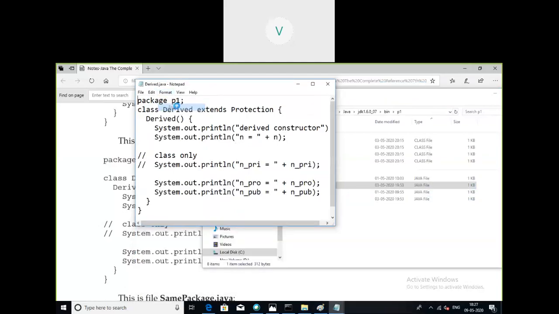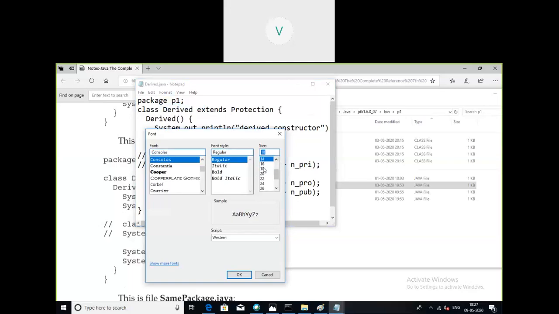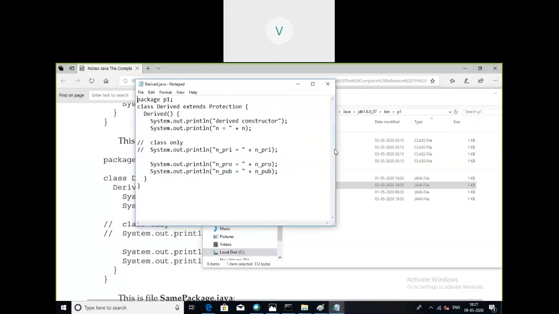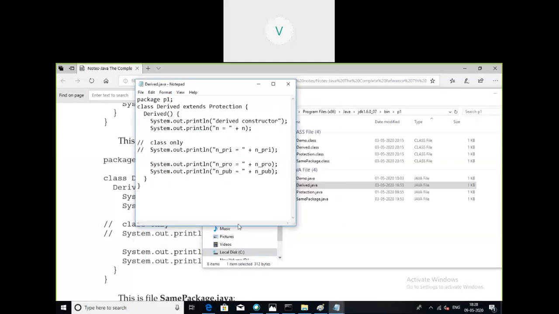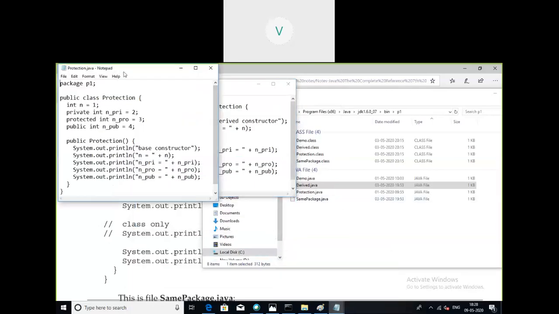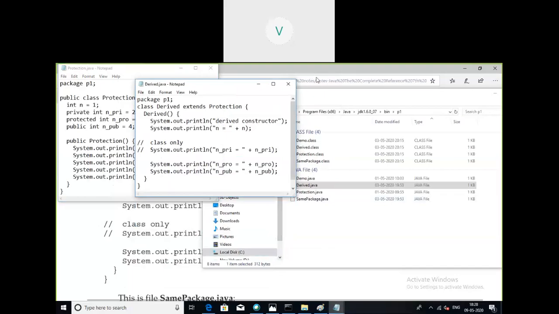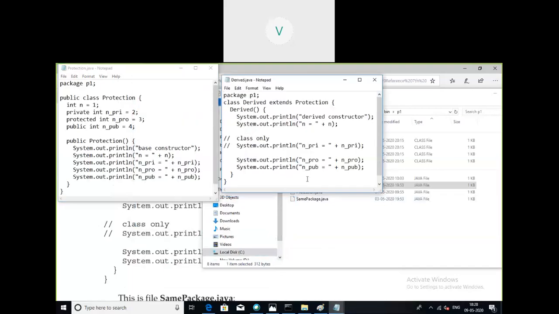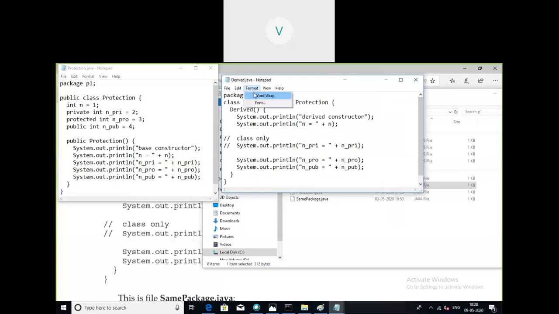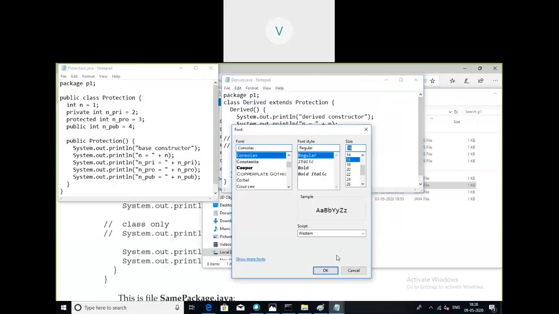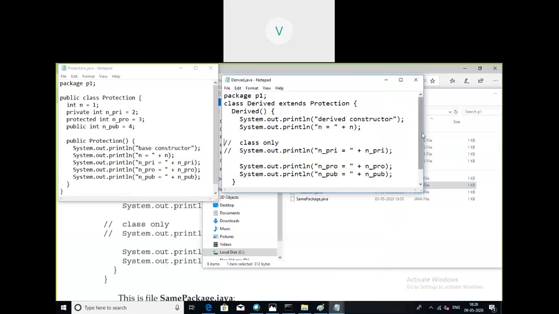Let's try to reduce this font. First one is protection.java and the second one is derived.java. I don't know whether this font size is visible or not. Let's try to make it 16 because I need more space here.